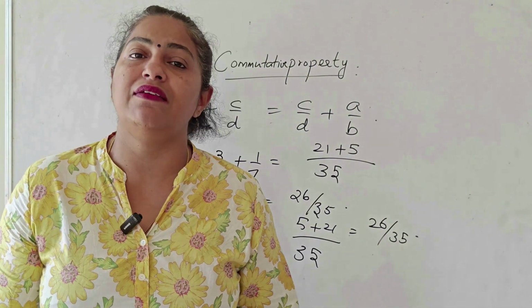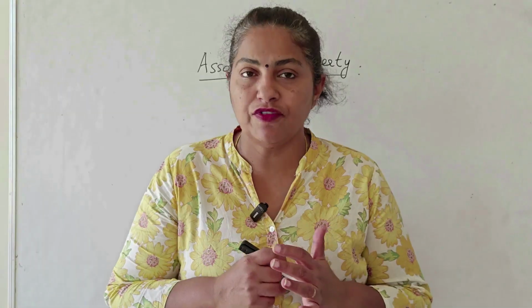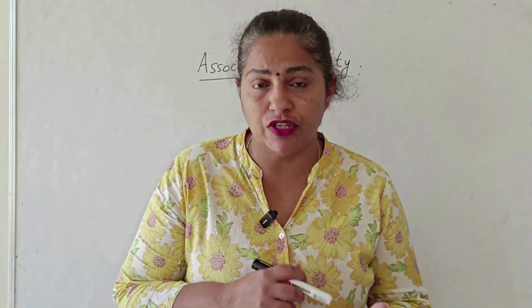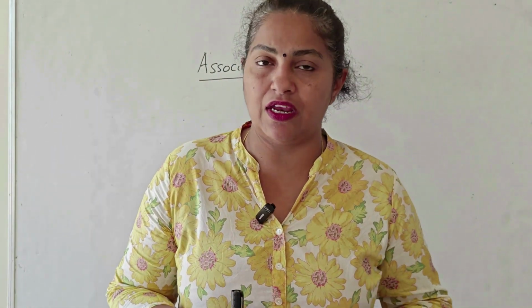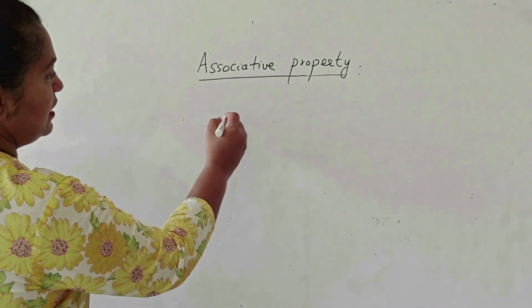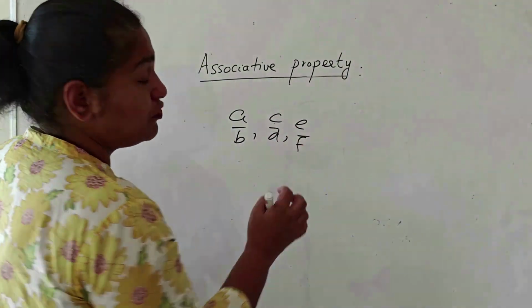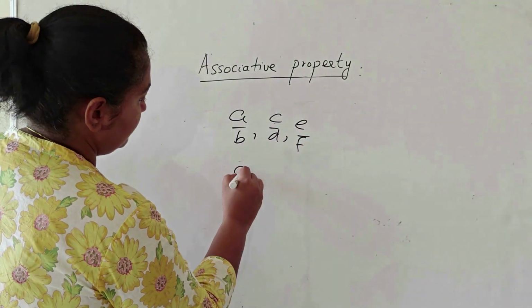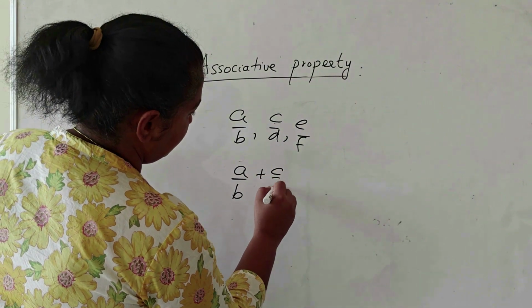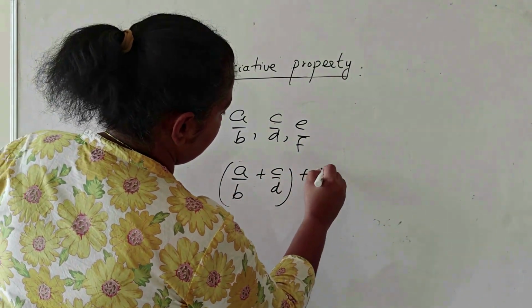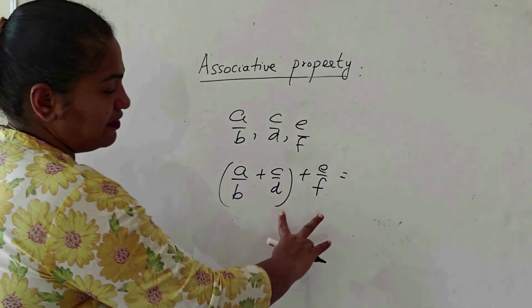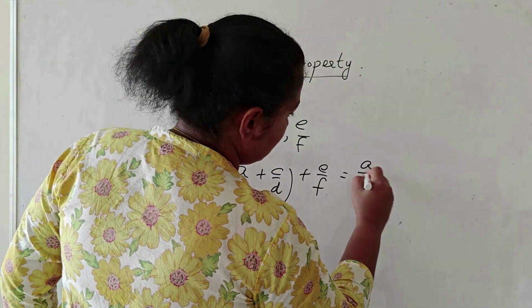So, the third one is associative property. After commutative property, we move on to the associative property. We are talking about three rational numbers or more than three rational numbers. Let us start with three rational numbers. If a by b, c by d and e by f are three rational numbers, the answer for this will be the same as